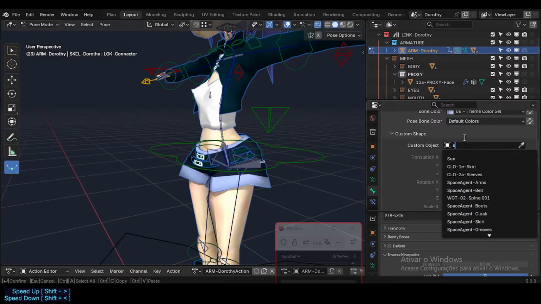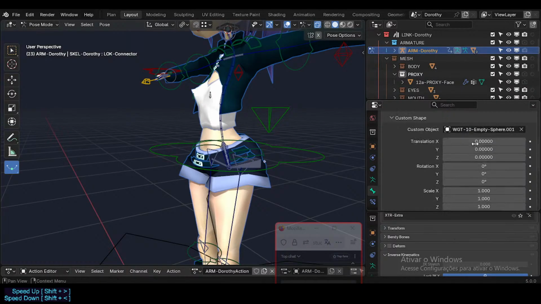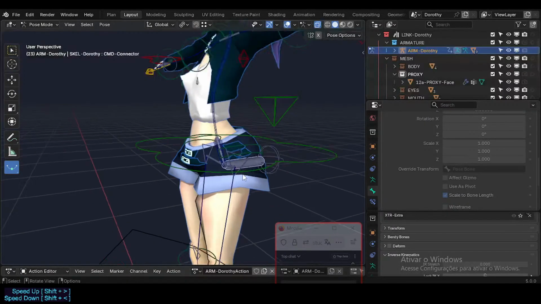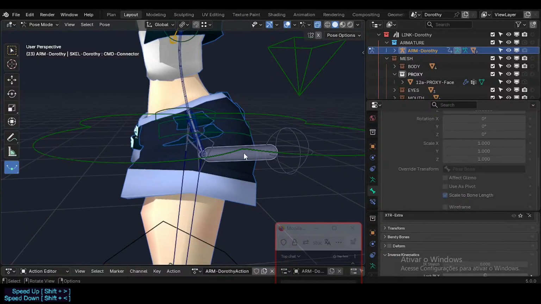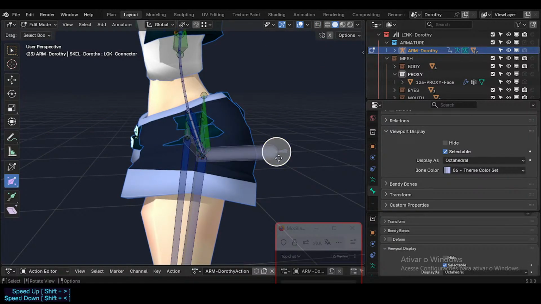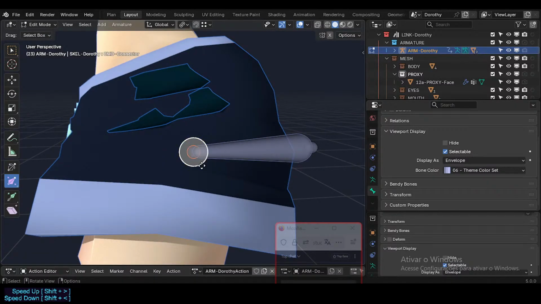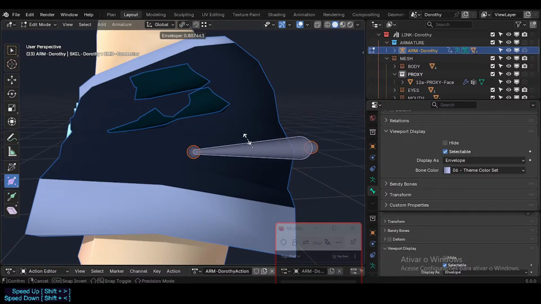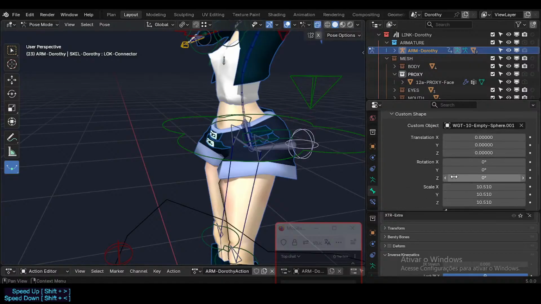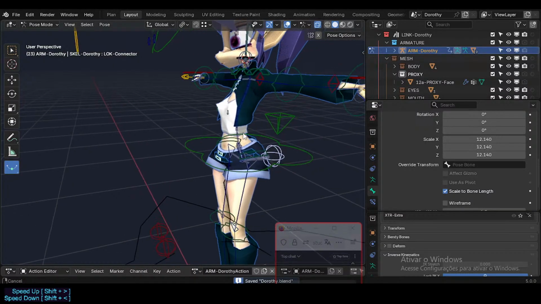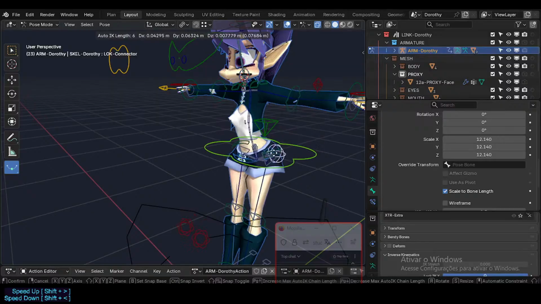Okay, so just this. Yeah, just for fun. So this is the locker. And so there we go. So you have a